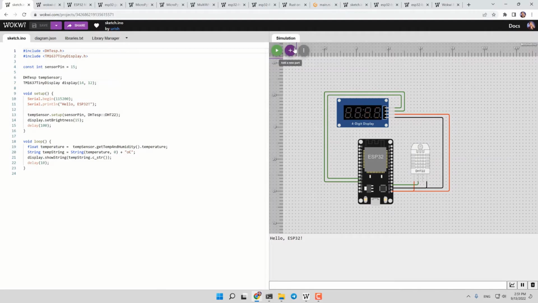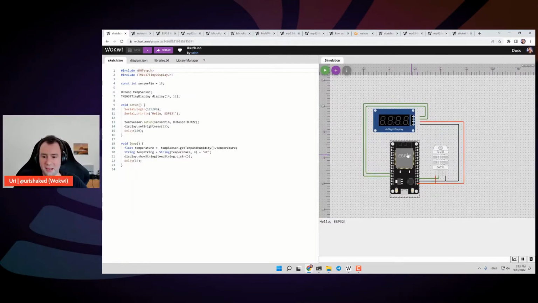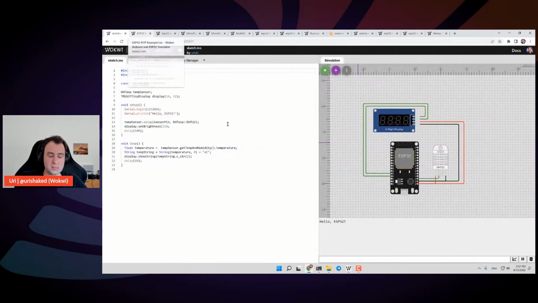So that was a quick introduction to show you what we can do, but this is only the tip of the iceberg. Other than connecting sensors and interacting with them, I think the ESP32 is mostly famous because of its very useful feature, which is Wi-Fi, and you can use the Wi-Fi to create IoT projects. And I think the next thing we will see is, let's close the docs,